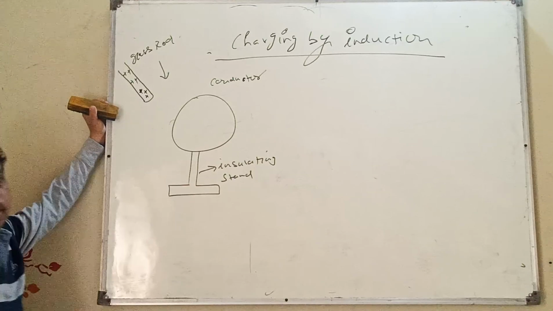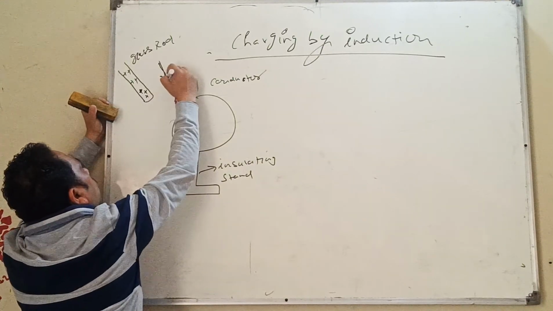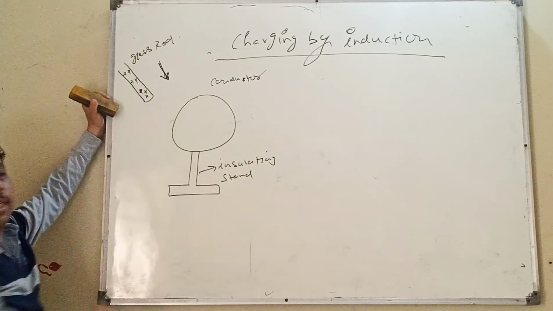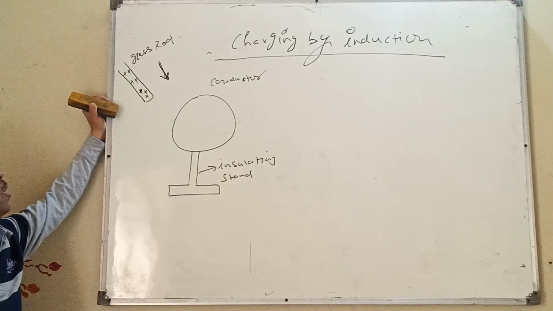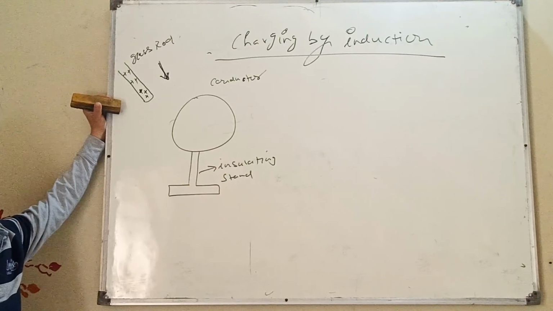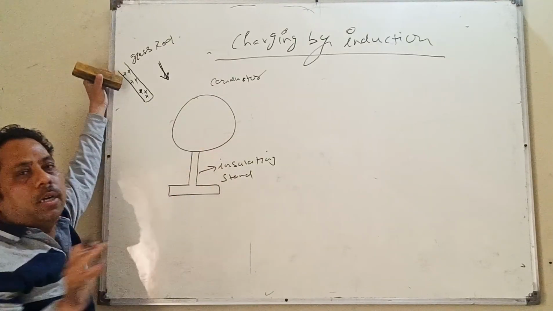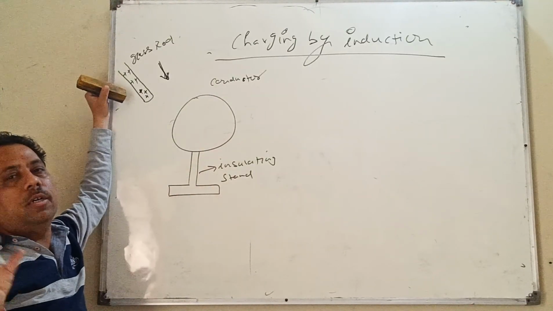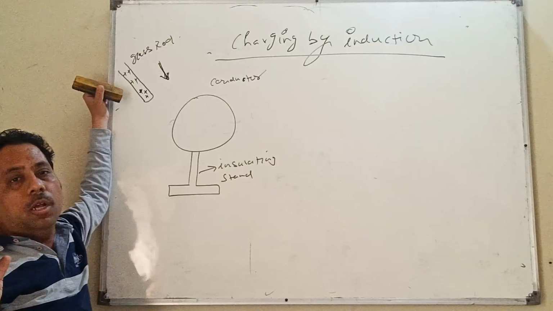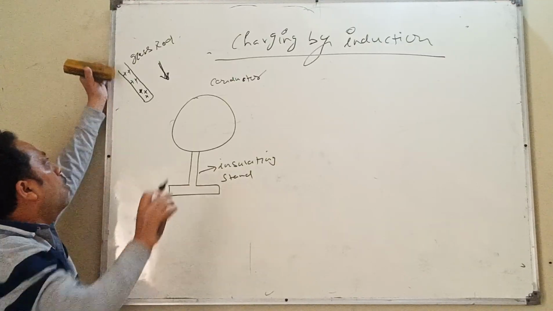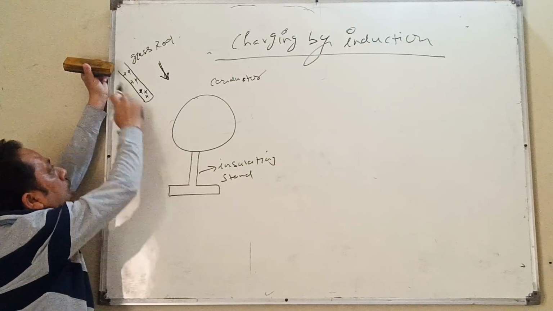And when it is brought closer to, not in contact with, the uncharged conductor, and inside the conductor what do we have? Inside the conductor we have free electrons. So what will happen now, as this glass rod